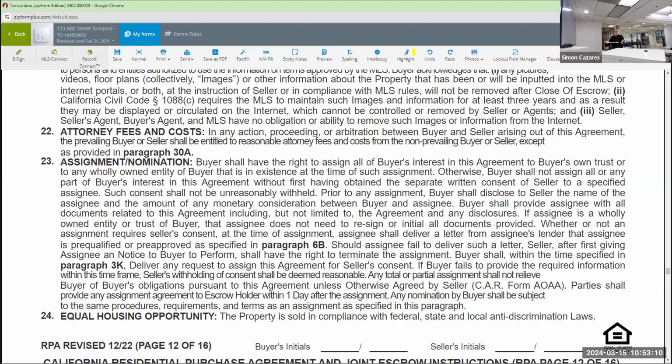If I have a corporation, and let's say my corporation is Fly by Night LLC, I shall have the right to assign my interest to my own entity that is in existence at the time of such assignment, right? Remember, I have 17 days to be able to maneuver this, which I'm still in compliance and not in breach